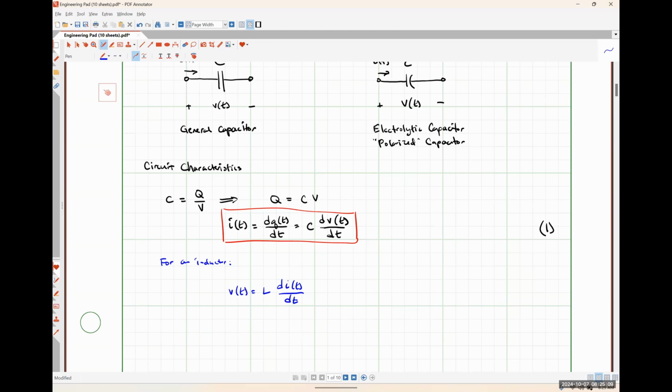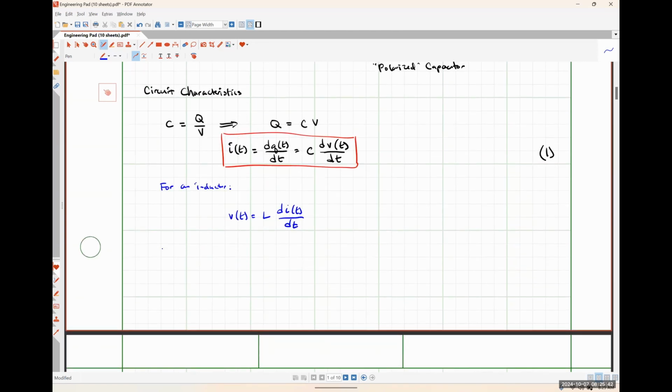We can do something with this, much like we did with our inductor-based relationship, and think about how this element is going to behave in certain contexts, right? So if my voltage doesn't change with time, what's my current going to look like? Zero, right? So the derivative of a constant is zero. So I'll have C times zero is equal to I, so I must be zero. So that tells us that